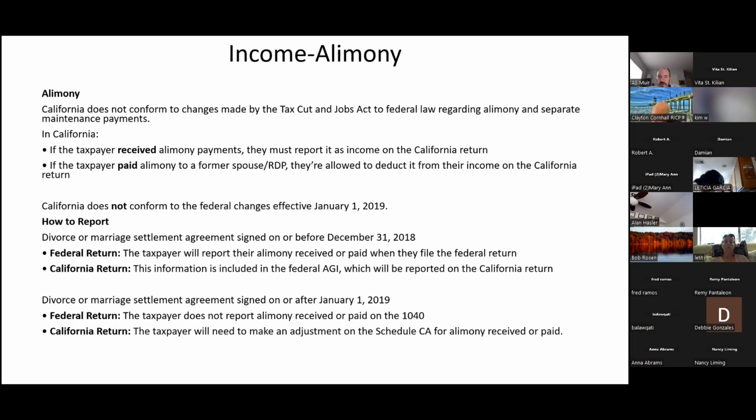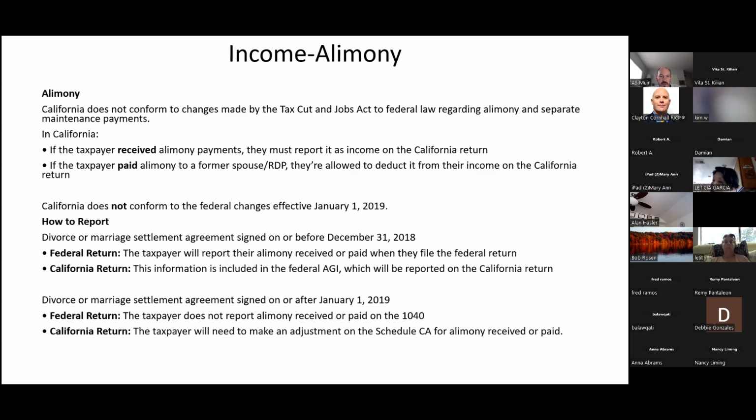If you receive alimony, you've got to report it on your California return. And if you're paying alimony and you want to take a deduction for it, then you're going to populate that on your California return. And the one thing you're going to do when someone has paid alimony, you're going to obtain the name of the former spouse and the Social Security number. You've got to have that. And then when you're talking about conformity, California doesn't conform to the Tax Cuts and Jobs Act. And so what that means is you've got to report the alimony payment you receive,